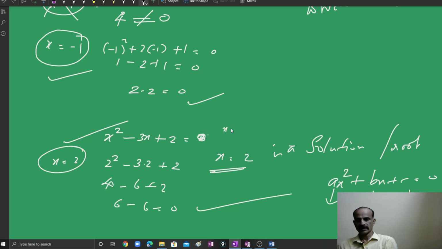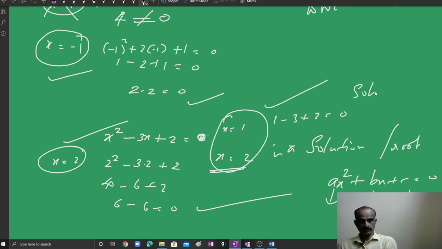Now here we put x is equal to 1 in this. What happens? 1 minus 3 plus 2. That also satisfies. So these two are actually solutions, plural, solutions of this equation. Okay, now